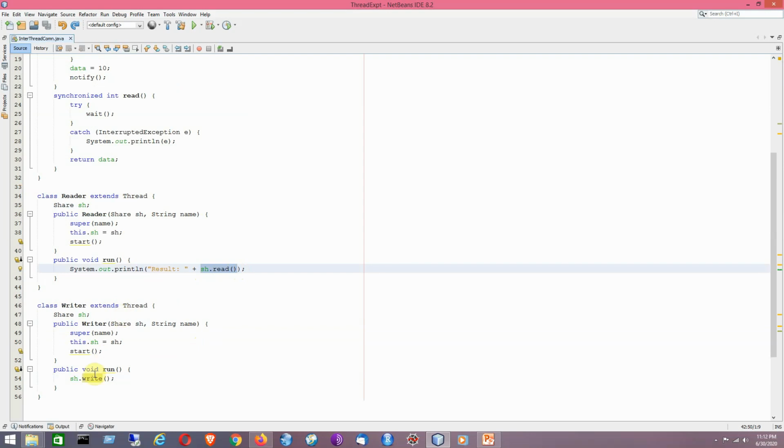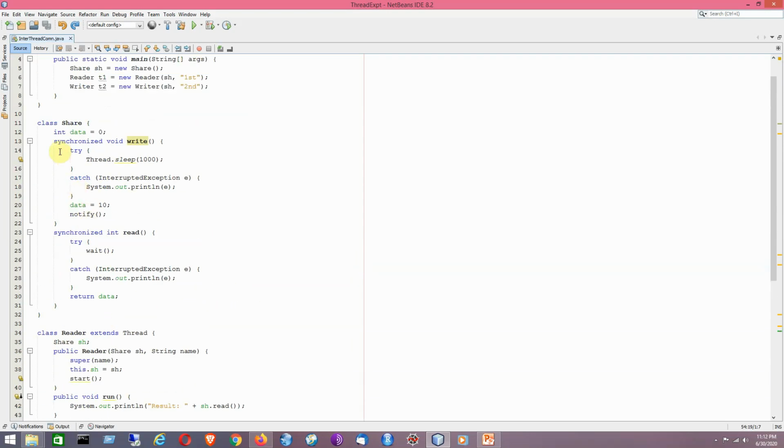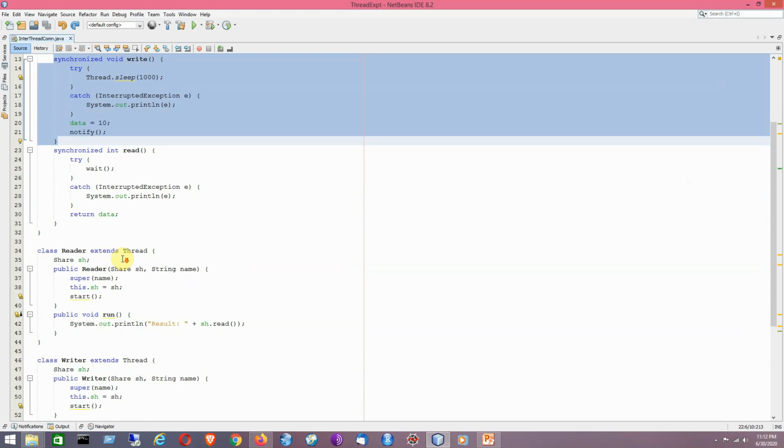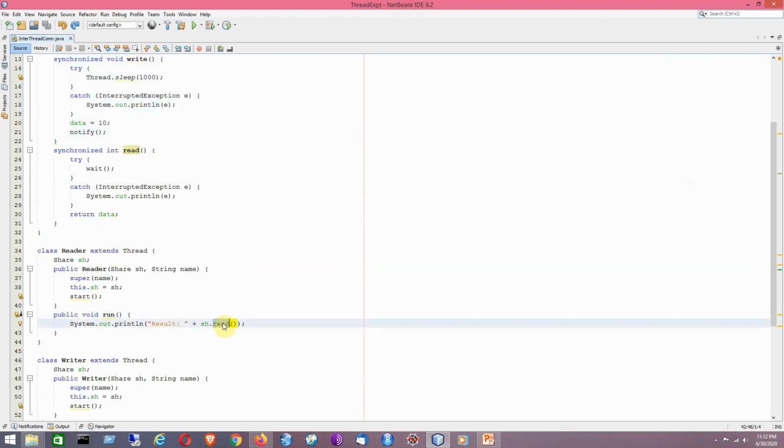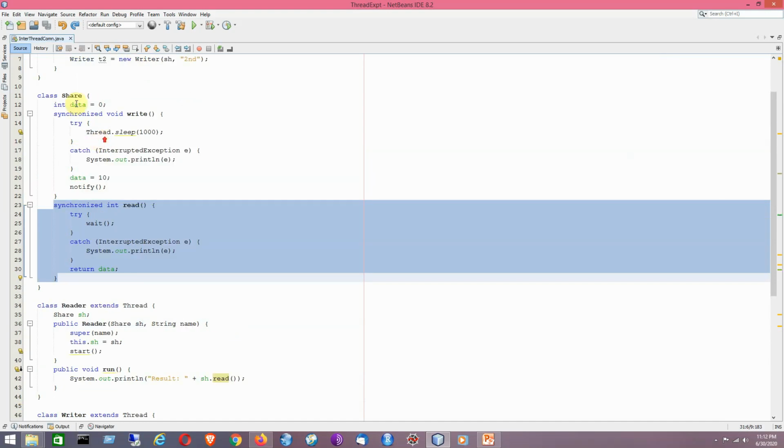Now whenever this particular method is called, the control will be transferred here, and for the read method of the reader thread, the control will be transferred to this method of the Share class. So that is the idea.